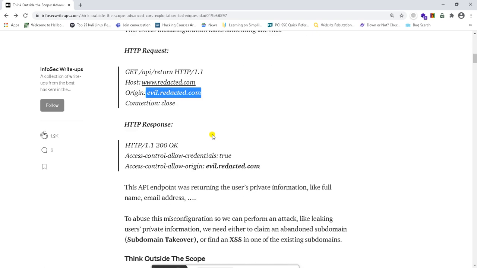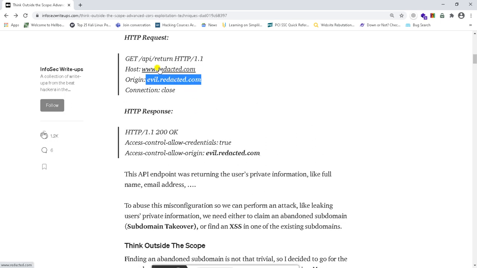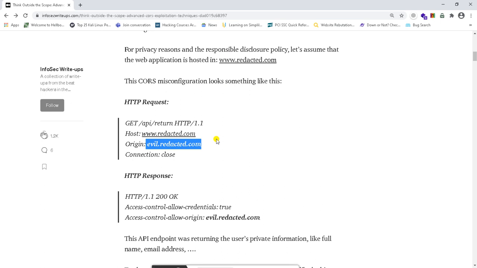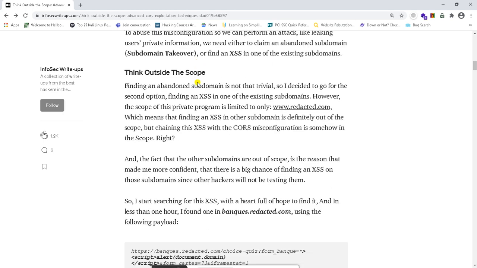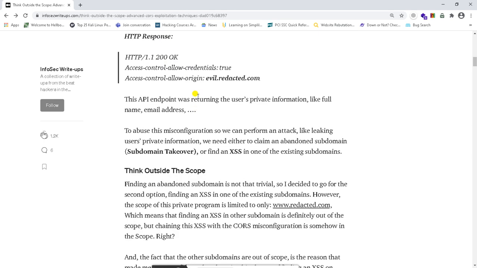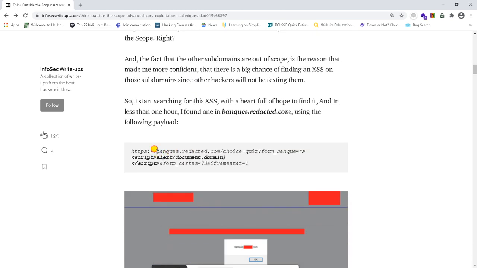Then he tried the header response. Whatever we give as the origin value is reflected in the response. He also observed that for this domain, every request coming from its subdomains or domain is allowed. That is what he noted, so he is going to manipulate the header value. Then he found a cross-site scripting vulnerability in one of the subdomains of redacted.com,